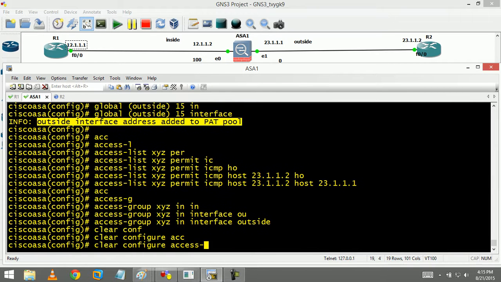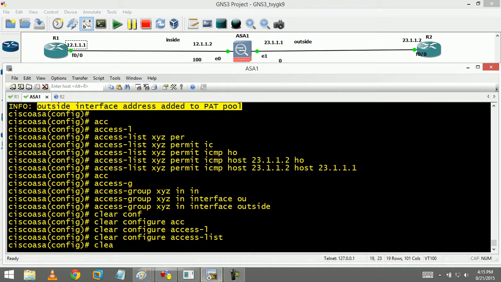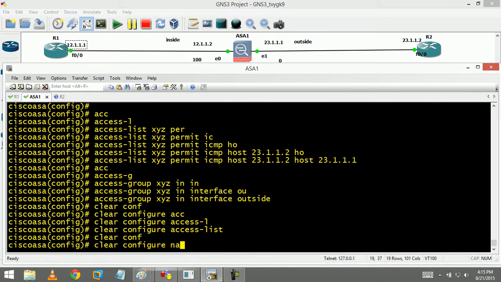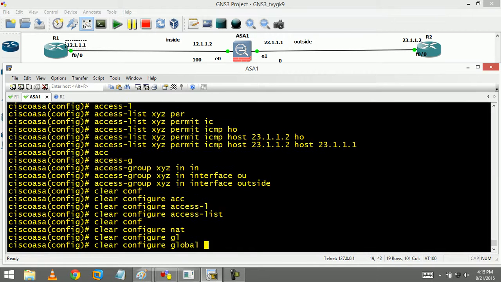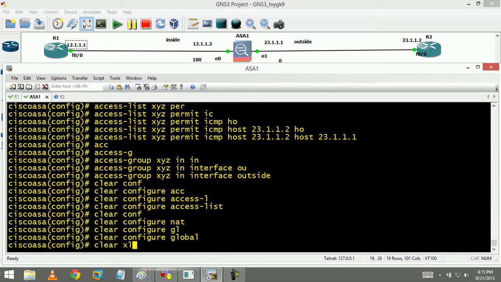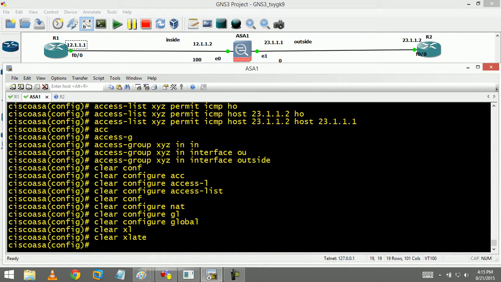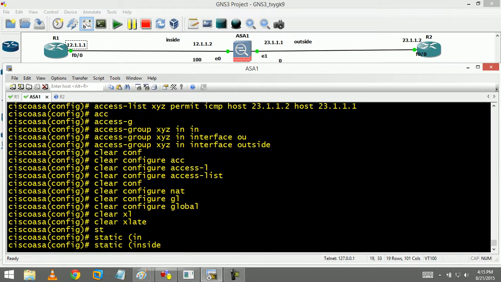Here, configure access list and clear configure net, clear configure global and clear the access table. All the previous entries will be cleared. Now I'm going to say static from inside to outside,